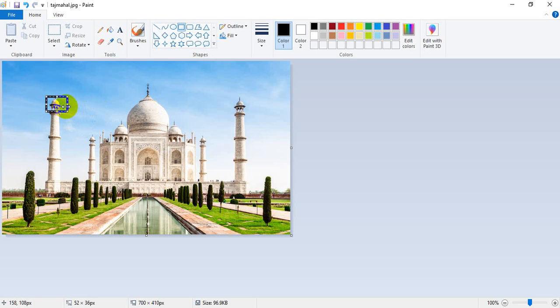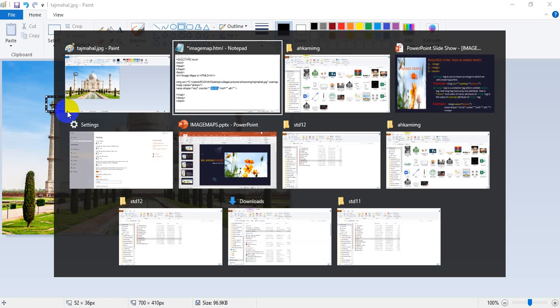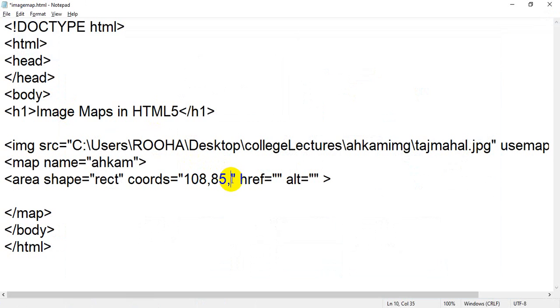The second position will be lower right. This is the right and lower is this one. Now choose the coordinates. Now you will see the coordinates are 158 and 118, 158 comma 118.